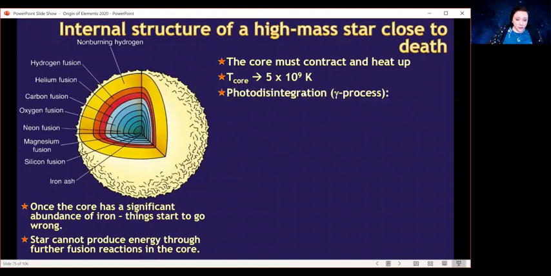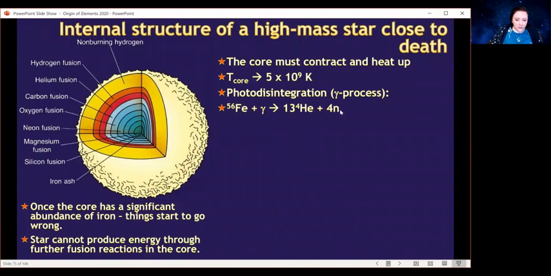So we call this photodisintegration, or the gamma process. The photons, the light that's in here at this temperature, is gamma rays. And those gamma rays are high enough energy that they can undo what was done in putting things together. So it's breaking the binding energy. The iron is broken apart. So instead of staying as iron 56, it's broken apart into its constituent pieces, which is essentially 13 heliums and